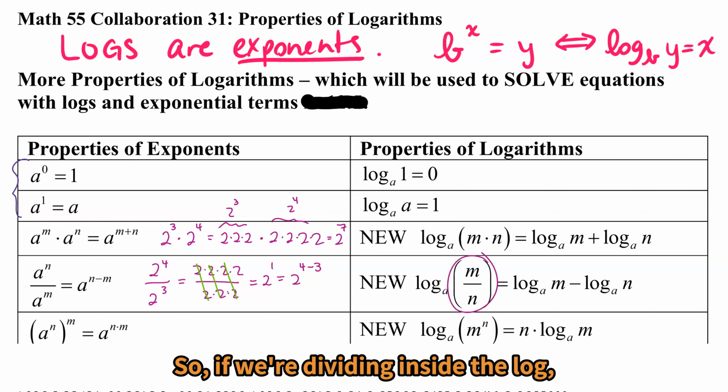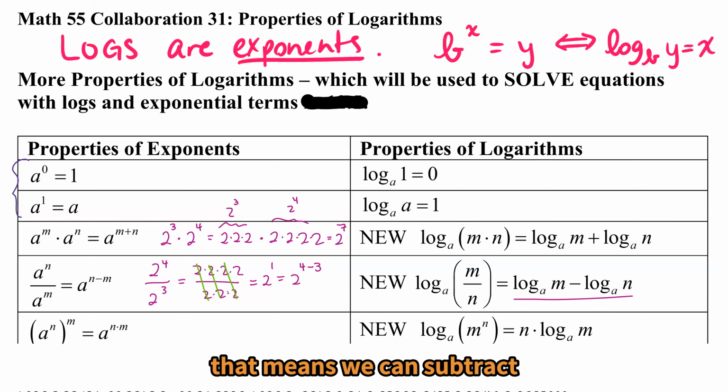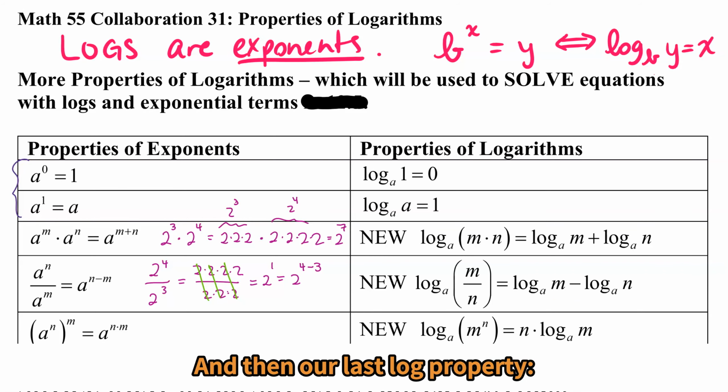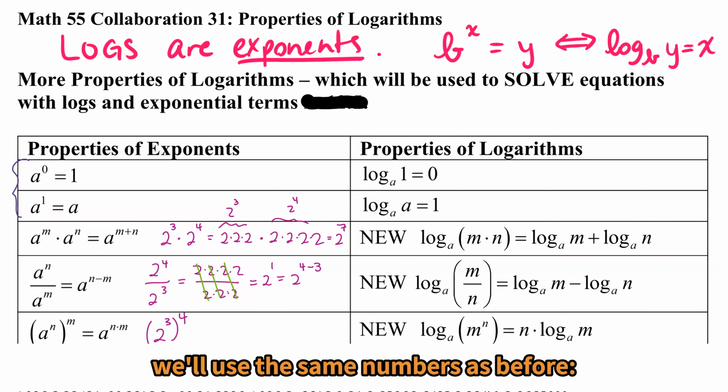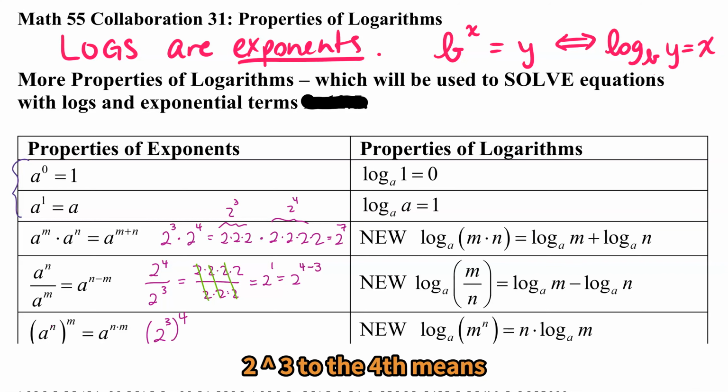So if we're dividing inside the log, that means we can subtract: log of the numerator minus log of the denominator. And then our last log property: if I take a base to an exponent and I raise it to another exponent, I'm really multiplying. An example here, we'll use the same numbers as before. 2 to the power 3 to the 4th